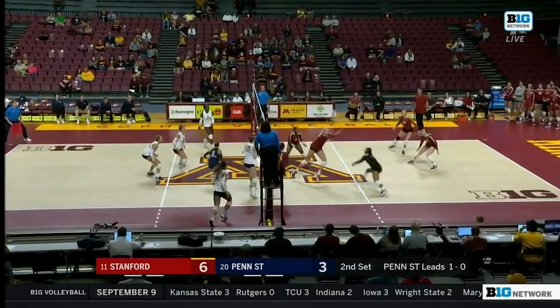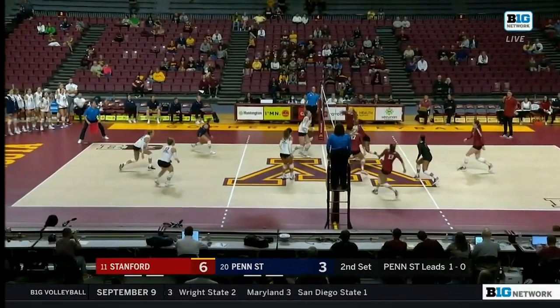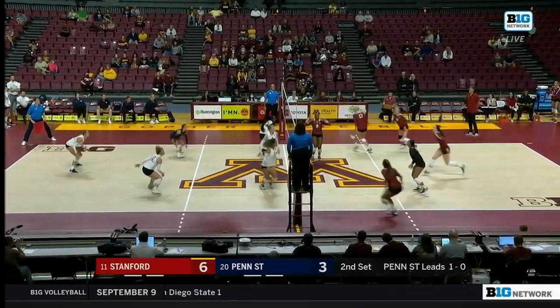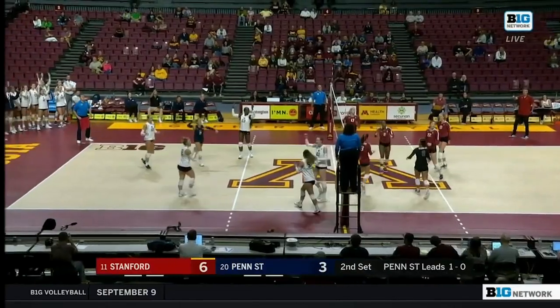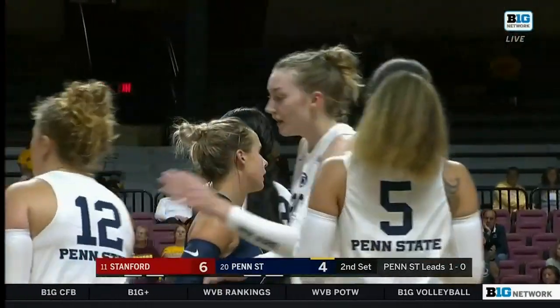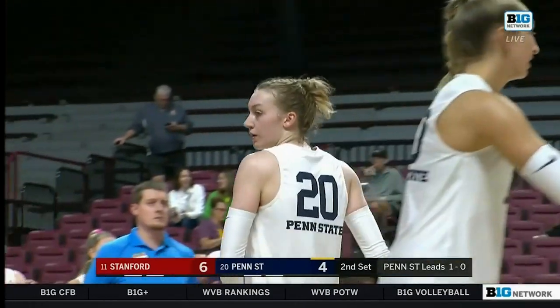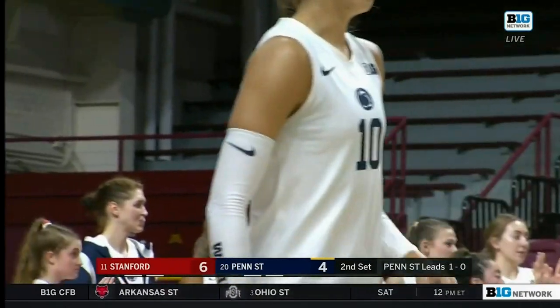Little tip. Francis picks it up. Kip from the backcourt. Miner, again, quick to the pin. Ends up hitting the antenna. I think she hit the antenna because Penn State did a great job of tracking that fast swing. We saw on the front line,